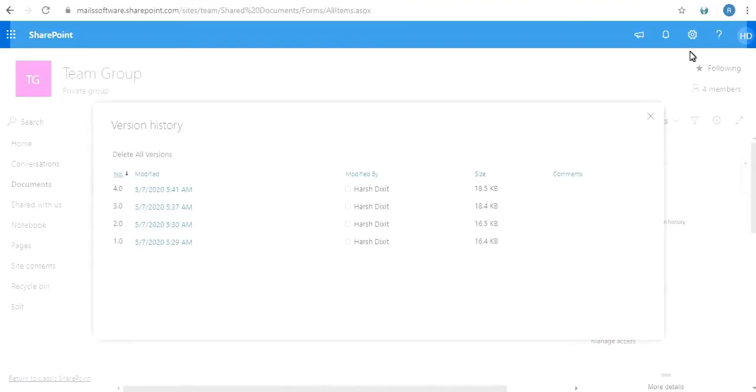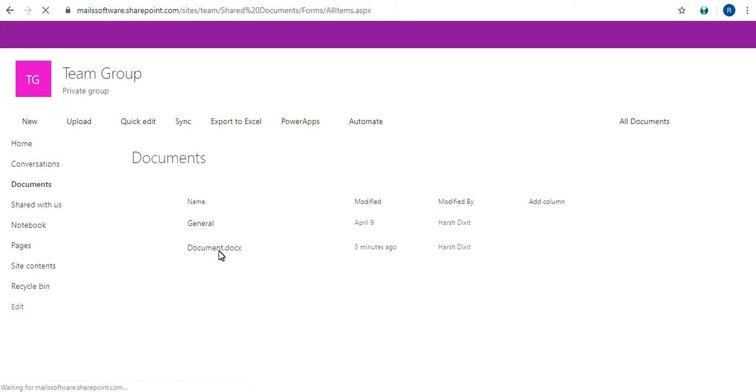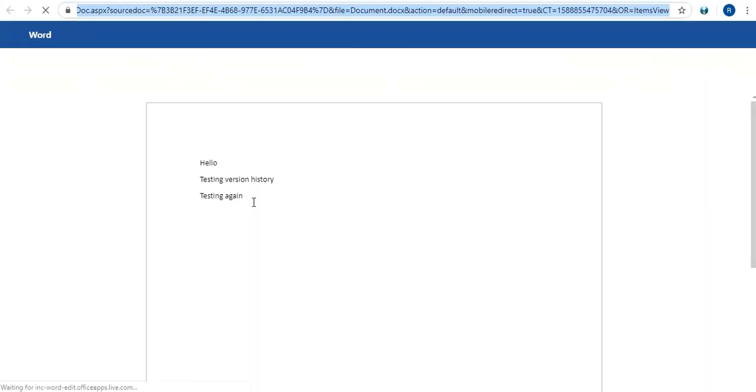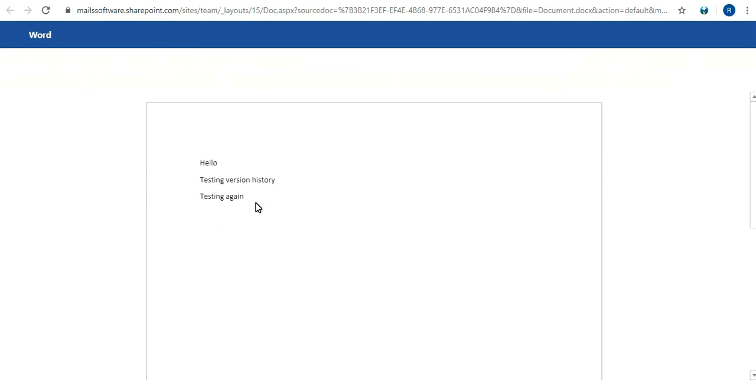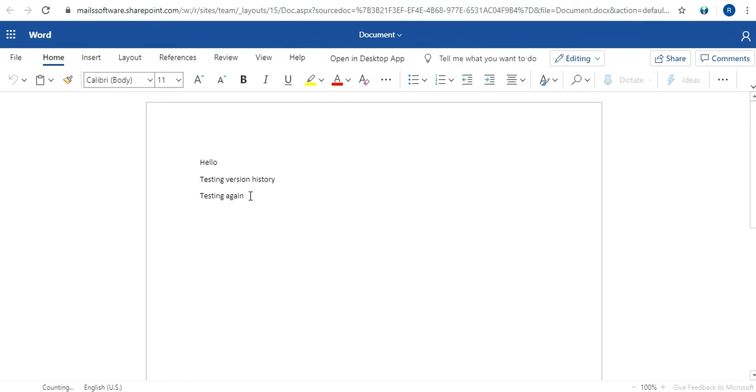And in our latest version, that is 5:41, we have added the third line, that is testing again. So with this feature we can actually track each and every change made by anyone in the team. Every time the document is saved, a new version will be created for that particular document. So that is one of the most important features of SharePoint.